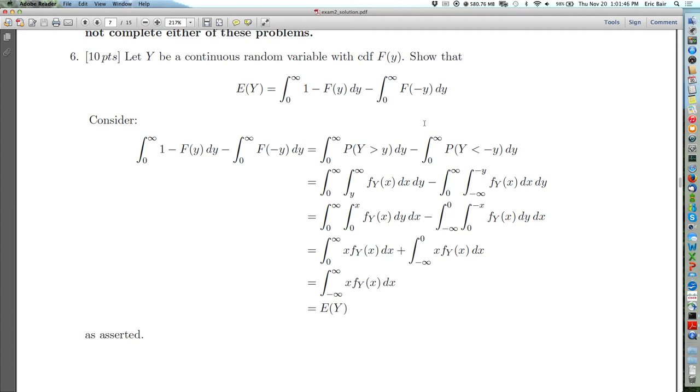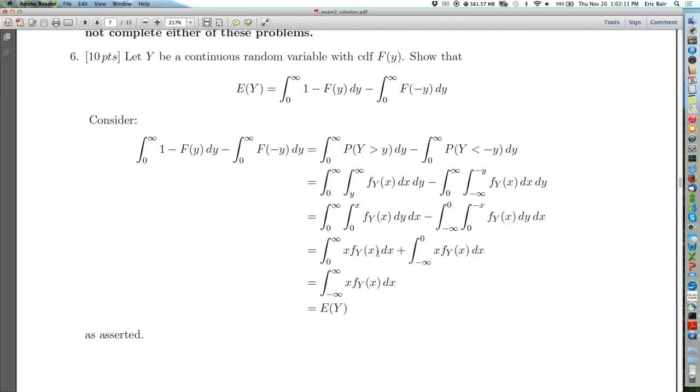You use basically the same logic: you write both pieces in terms of the CDF and the appropriate integrand, change the order of integration, and you end up being able to pull the density out of the middle piece. You end up with something that turns out to be x times the density,